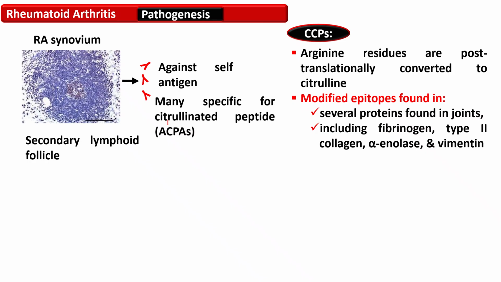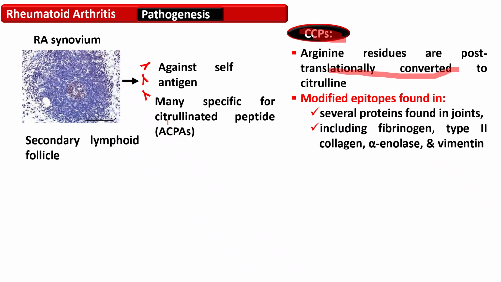Hence, these are also termed anti-citrullinated peptide antibodies. These citrullinated peptides are peptides in which arginine residues are post-translationally converted to citrulline, and